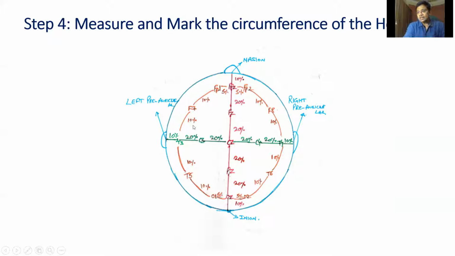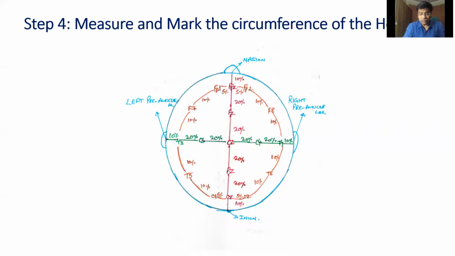Two things I want to inform you about at this point. I told you this is called the 10-20 system, but here there are exceptions. From Fpz to Fp1 is 5%, Fpz to Fp2 is 5%, Oz to O1 is 5%, and Oz to O2 is 5%. Since we have taken the whole circumference, it is calculated as 5%, but if we had taken half of the circle or one hemisphere, it would again be 10%. That is why it is called the 10-20 system, because each electrode is placed at 10% or 20% from the next.